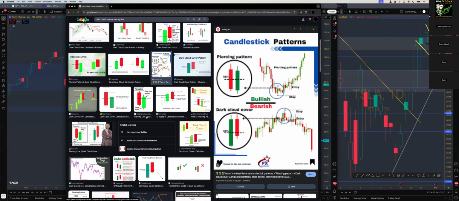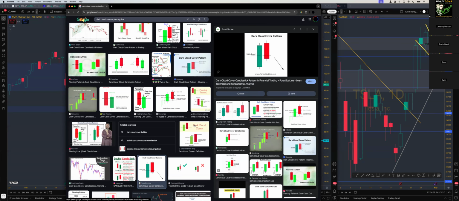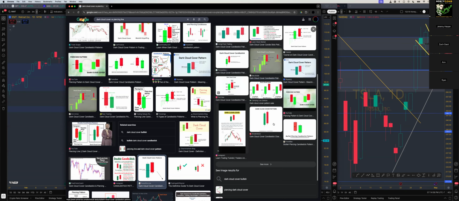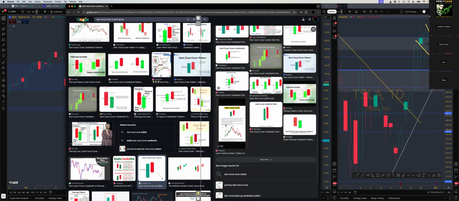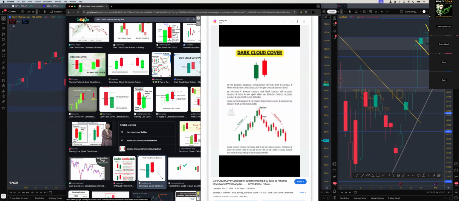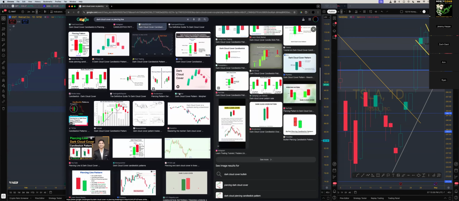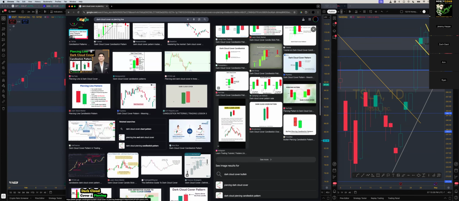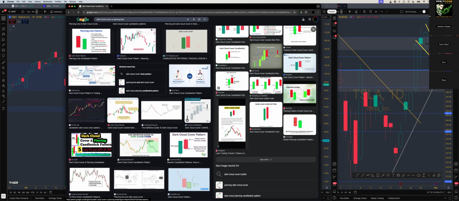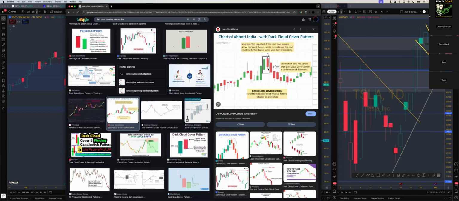Of course, it just opens the same one I just had open. Okay, so DCC, write that down. Dark cloud cover. Sometimes in the chat I say DCC just to see who knows what it is, or whatever. Play those Jedi mind tricks sometimes. I'm trying to find one that shows the full reversal.